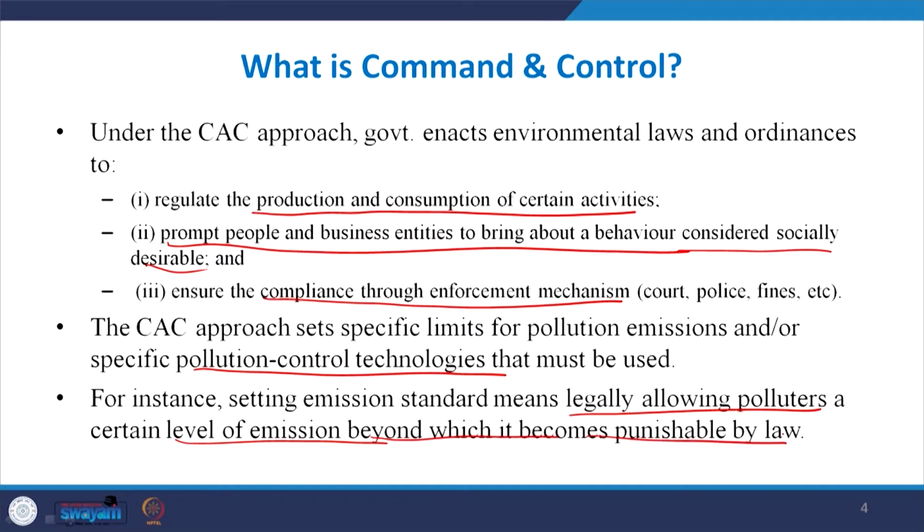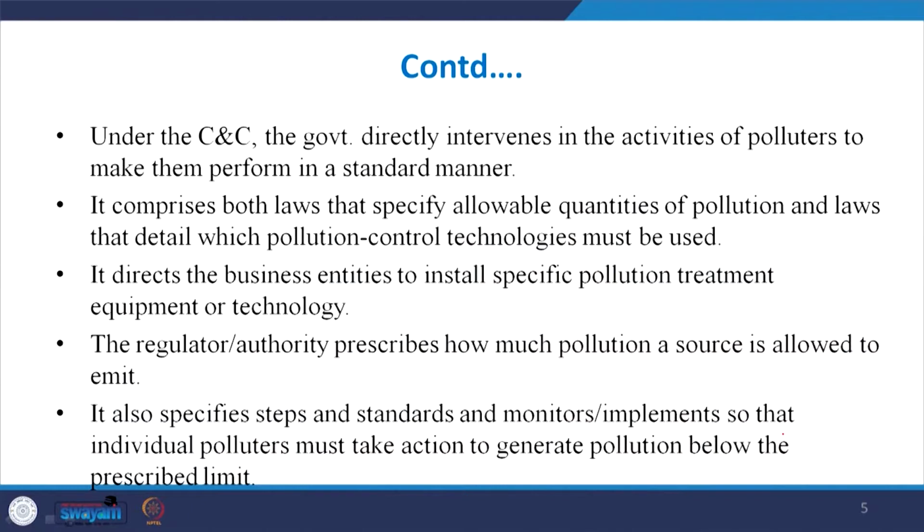So, this is simple: in a command and control system, the government directly controls the activities of the polluters and directs them on what to follow and what not to follow. So, this is called the command and control system. Under this system, the government directly intervenes in the activities of the polluter to make them perform in a standard